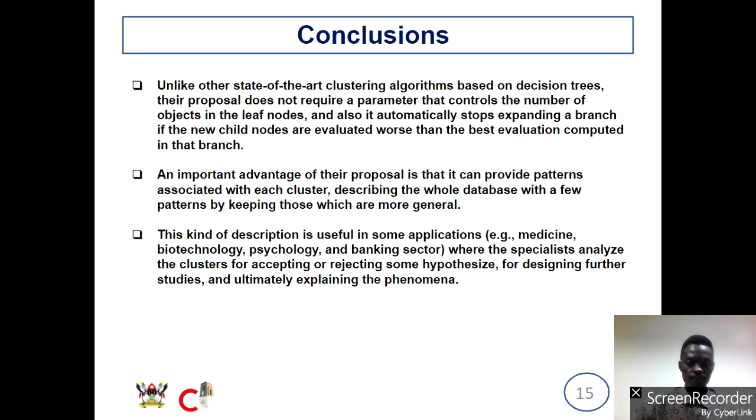So the important advantage of this proposal is to provide patterns associated with each cluster, describing the whole database with a few patterns by keeping those which are more general. And of course, this is more easily understood and can be applied in other applications such as biotechnology, psychology, banking sector, medicine, where specialists analyze the clusters for accepting or rejecting any hypothesis